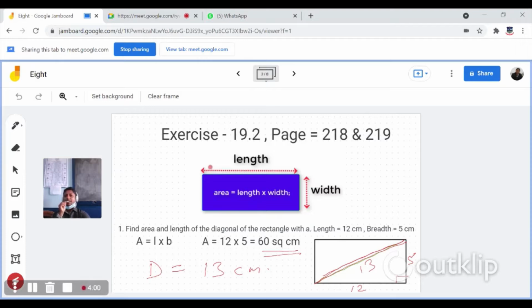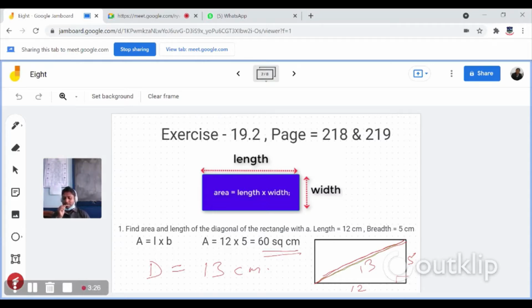Okay. What is this part called, Kavya? What is this part called? Come on, speak up. Length. Okay, Abhash, what is this part called? Abhash, can you see me? Okay, I think Abhash is okay. Then what is this part called? See the pointer, see the screen. What is this part called? Width.